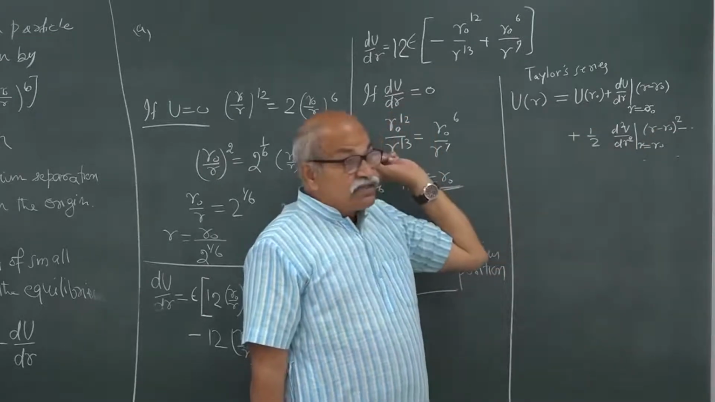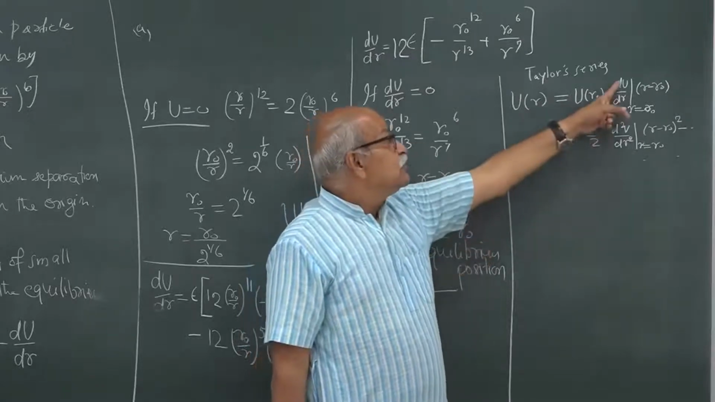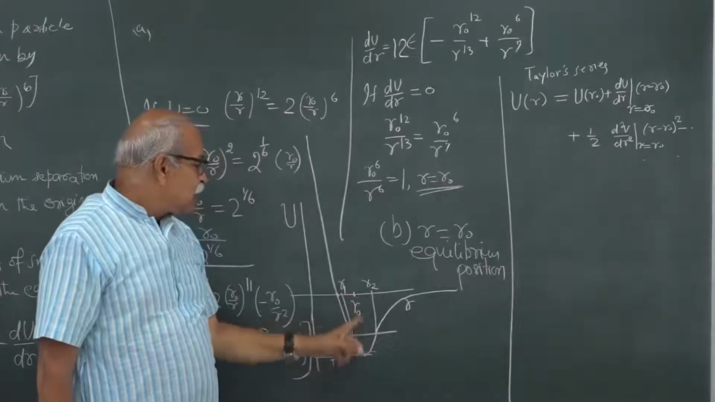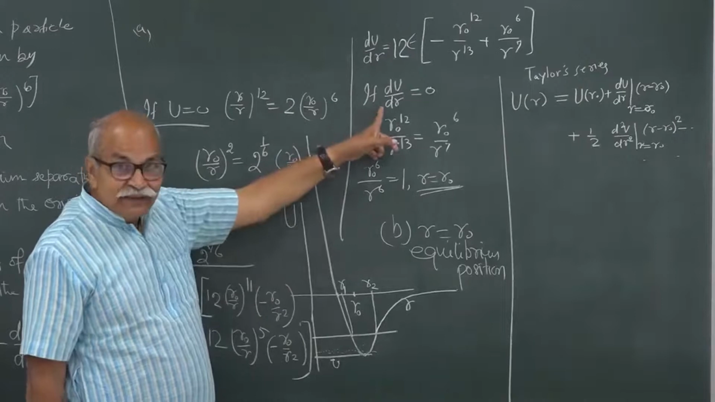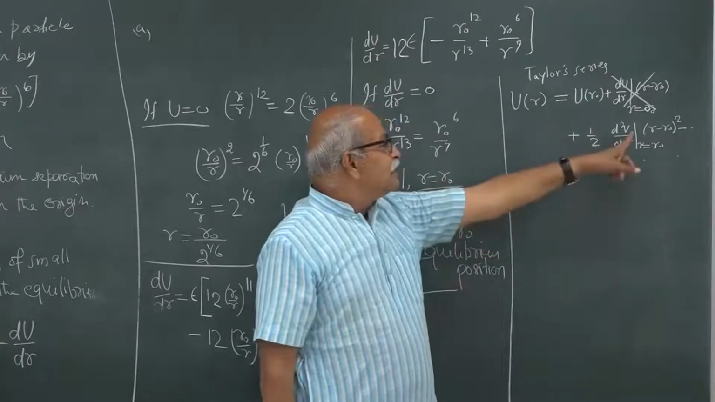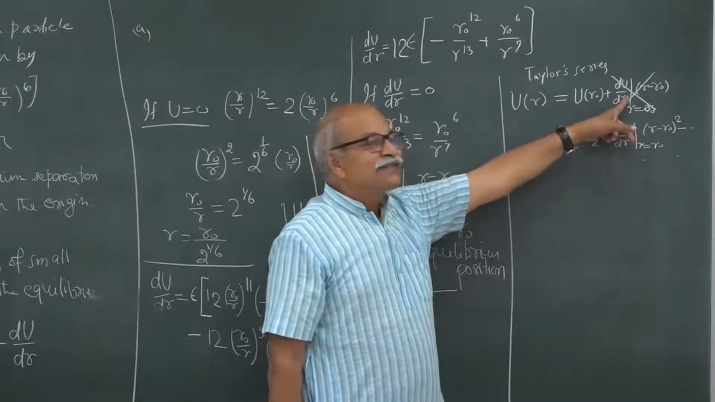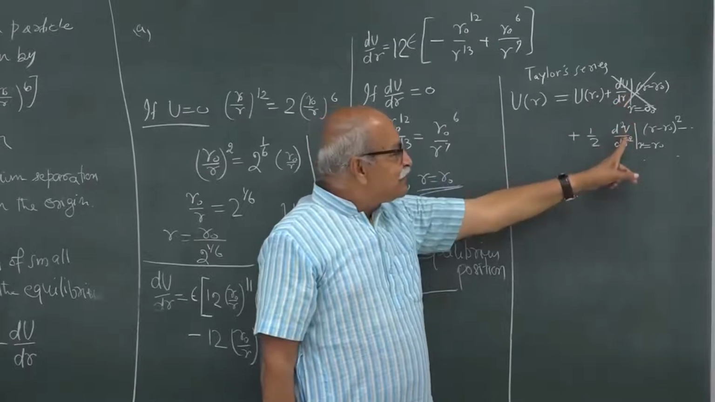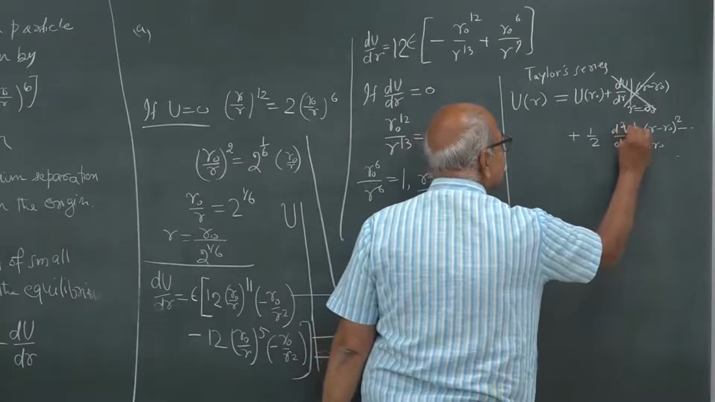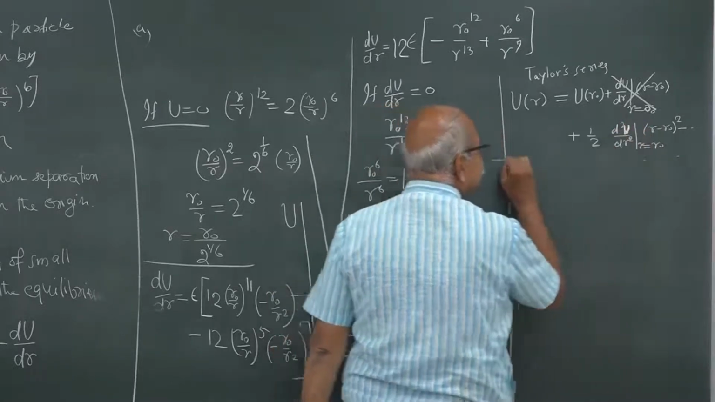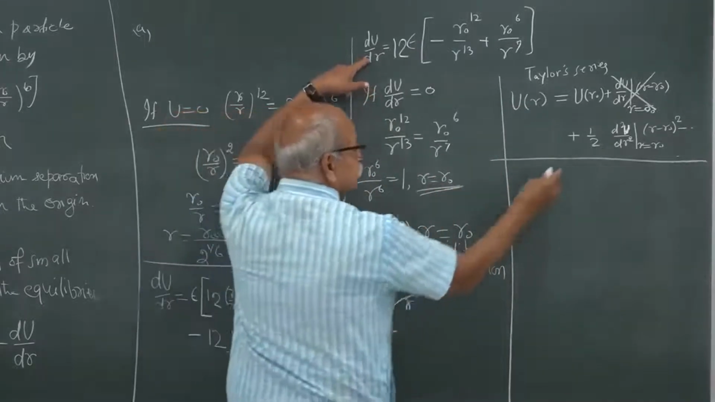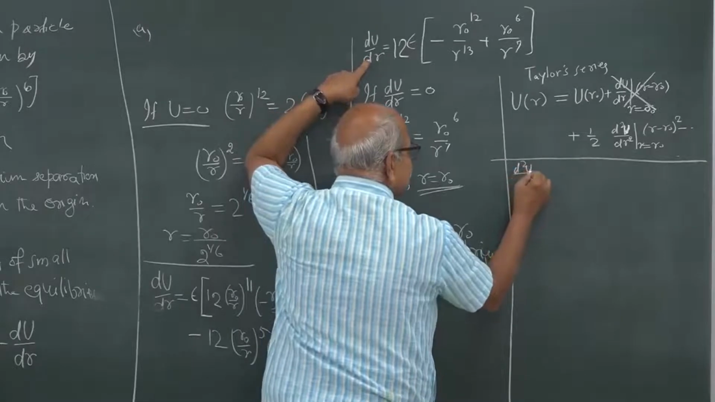Now, in our case du dr at r equal to r naught is 0. This is r equal to r naught and here du dr is 0, and therefore this term is not there, and so I cannot neglect this in comparison to this, and so I have to evaluate this. We can do that. So, let us calculate what is d2u dr square